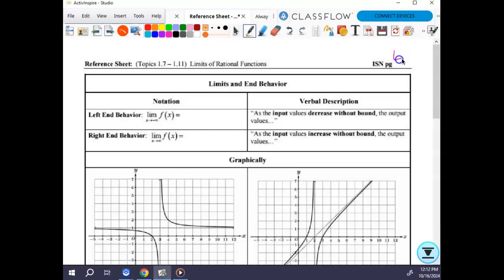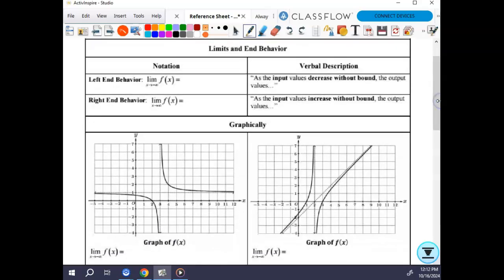All right, so this is going on page 43 when we're done. Now, this is not an all-inclusive review for this test. This is just a review of the limits part of it that kind of puts everything together. So it's a good reference sheet where we did different types of limits in different sections in this unit, and it just puts them all together to hopefully help you make sure you can keep them